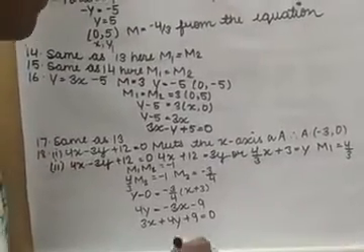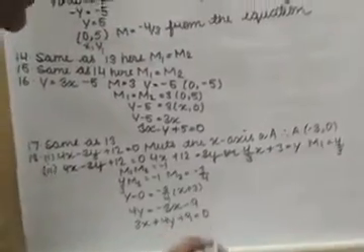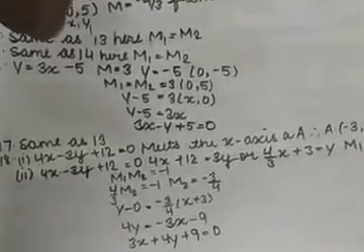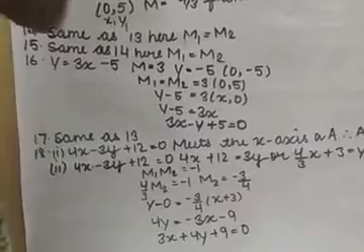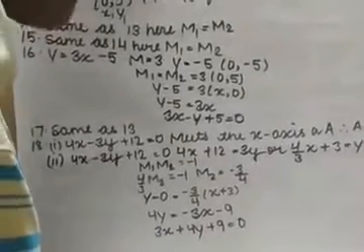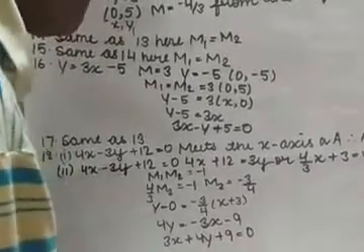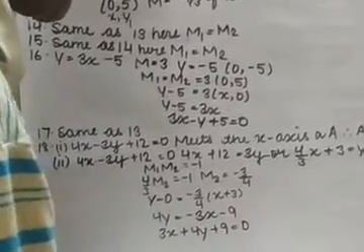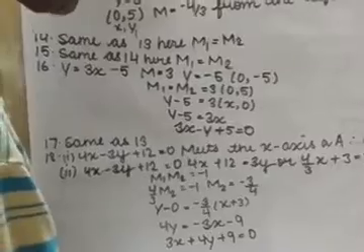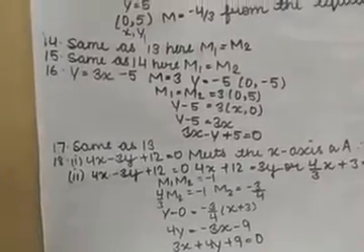If we talk about question number 16, the equation of a line is y = 3x - 5. Write down the slope of this line. So the slope, we clearly know, is 3. It is mentioned here. And write down the intercept made by it on the y-axis, and the equation of the line which is parallel to the line and which passes through the point (0, 5).